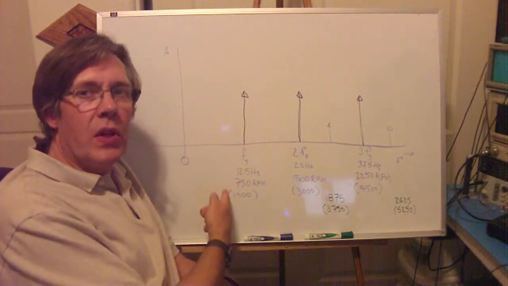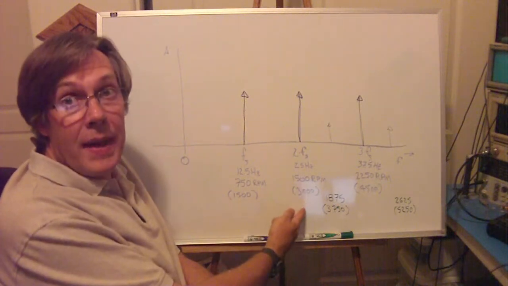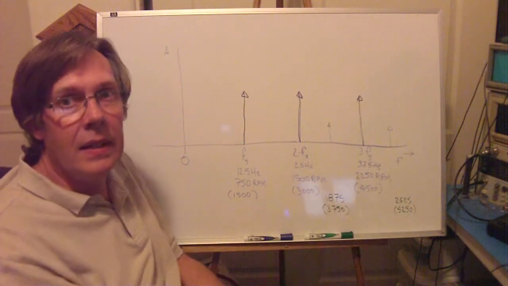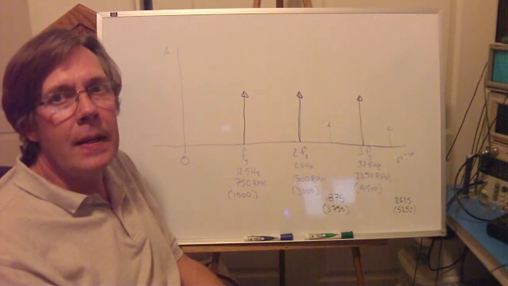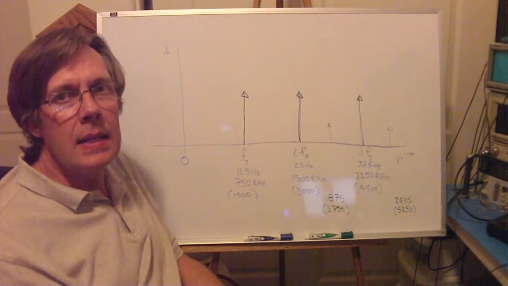So in this case, if it's turning at 750, it would read 1,500. If it's turning at 1,500, it's going to read 3,000. And 2,250 is going to show 4,500, etc., etc. So we just have to keep that in mind. But what we're expecting to see, and what we're going to try and do in the demonstration, is look at